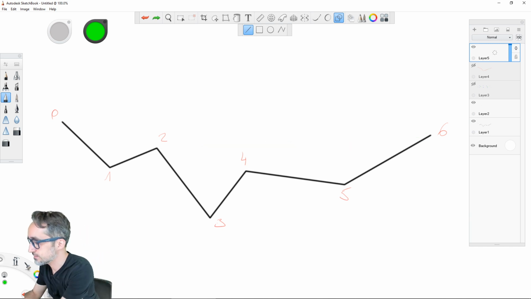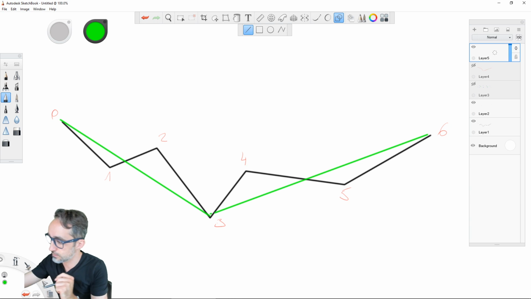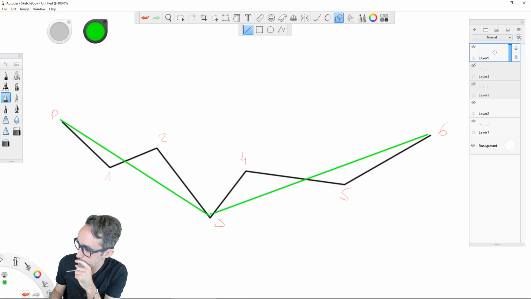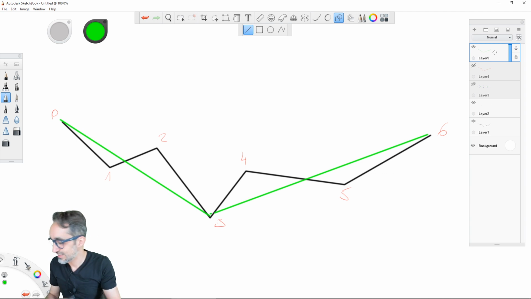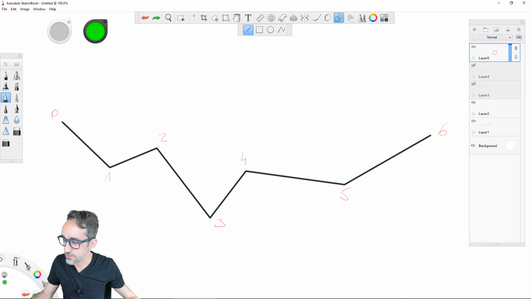Nah, I guess it doesn't really make sense to do that. I don't like the fact that the line is right at the middle. All right, I'm just going to draw a new polyline here.